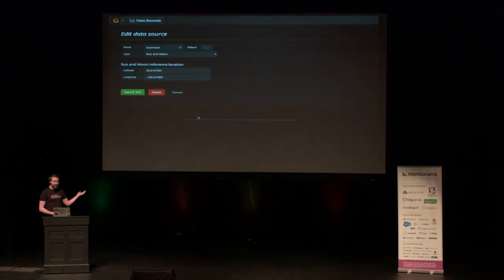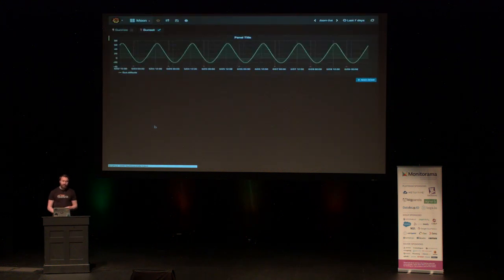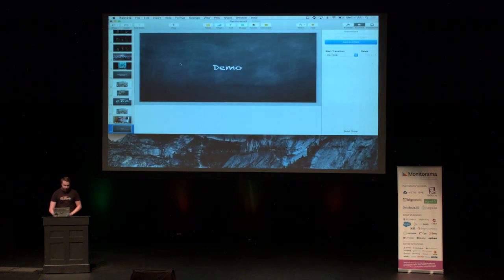But when you add this sun and moon data source, you specify your longitude and latitude position. This is the position for Portland. And with that, you can get graphs for sun altitude, moon luminosity, and you can also get annotations for sunrise and sunsets. So this might seem kind of useless, but then you might not be a vampire or a werewolf, where this can be really helpful. So with that,